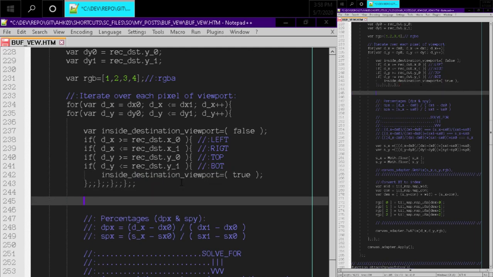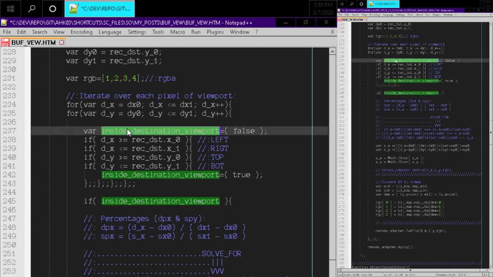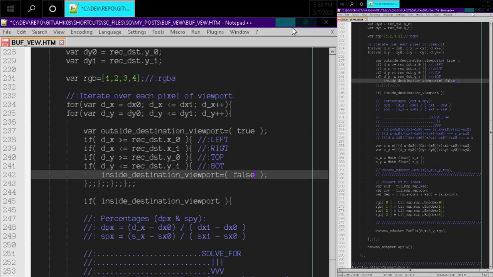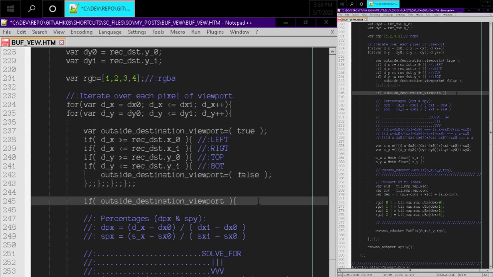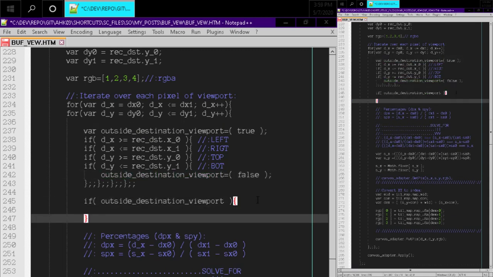And if inside destination viewport, you know what, I'm going to say outside. I'm going to rename that to outside. Equals true, and then false. We're going to flip this like that. Okay. And the reason I'm flipping it like that is so that if you're outside, we can have the pixel